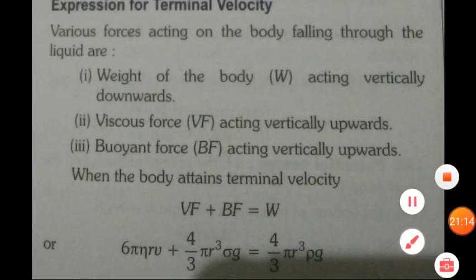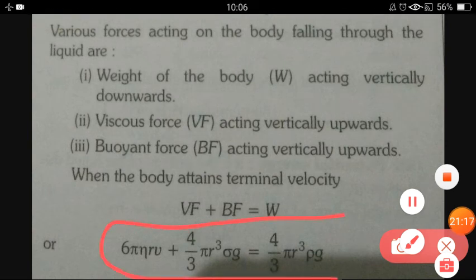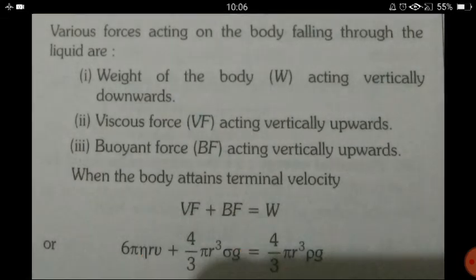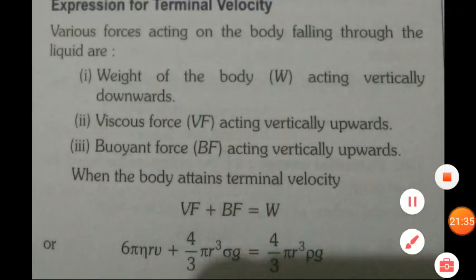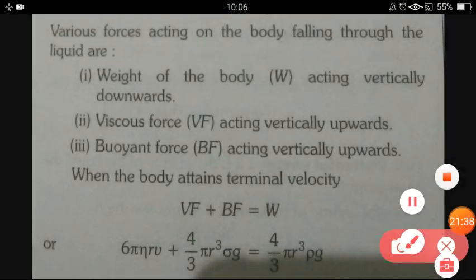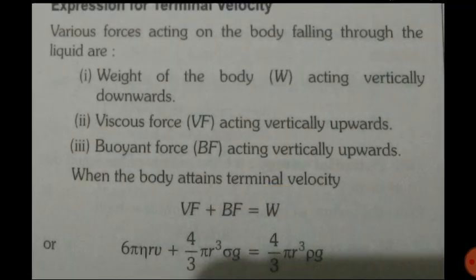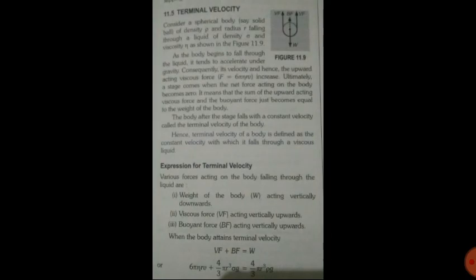So I hope you all have understood from where we have got these values. The value of Vf, the viscous force, we have got from Stokes law. Then W, the weight, we have derived. According to W, we will have the buoyant force as well. Only the density term will change. Now here we have to find out the value of V, the terminal velocity. So we will transport this term to this side. On the left side, this term has a plus sign, so when we transport it to this side, it will become minus.